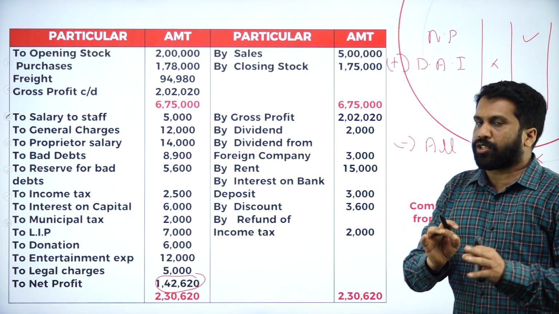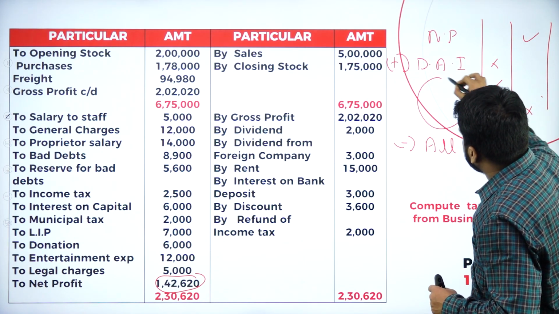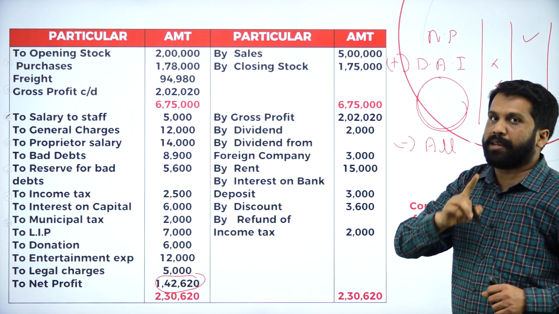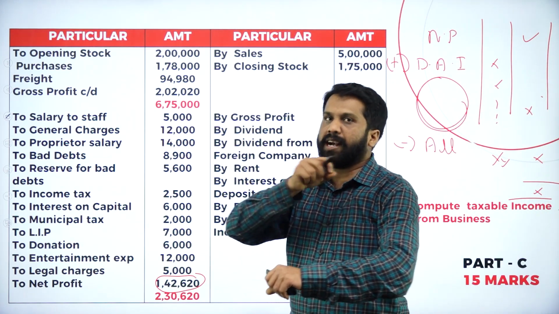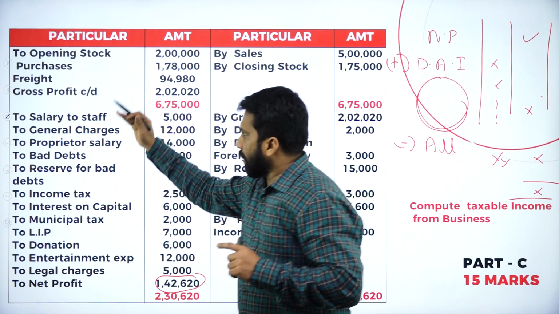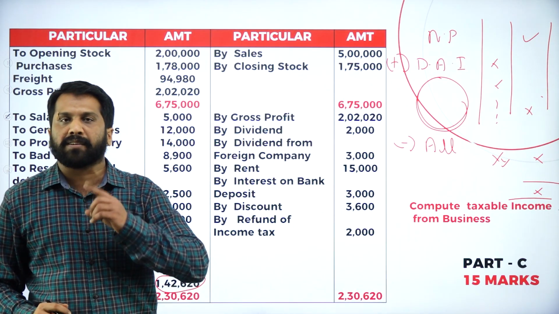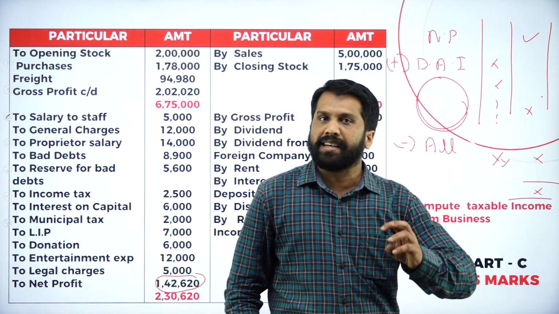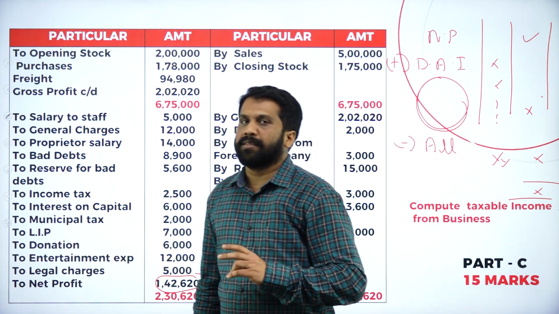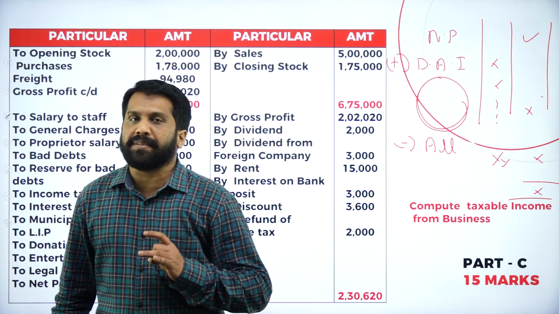I'll give you the list of which are disallowed. Write this down, very important, because if you find these in the question, take it and write. Clear? Yes. Write down which are disallowed items. First one, proprietor's salary. Second, income tax. Third one, LIC,